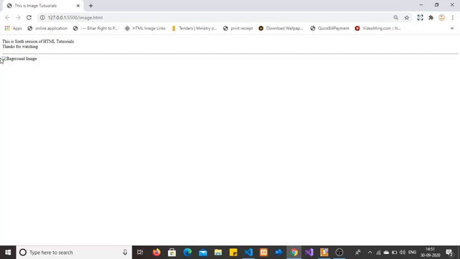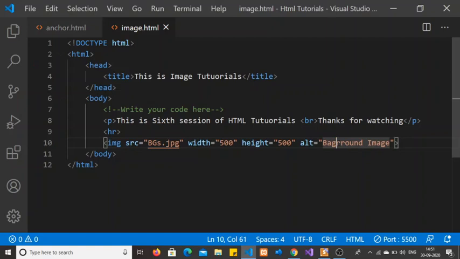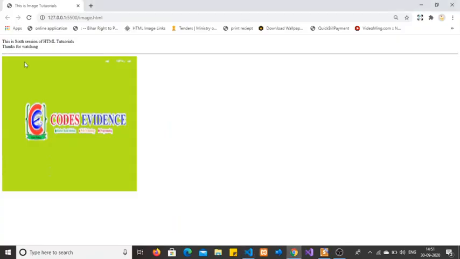Yeah, you may see here the image is missing, but this text is available to tell the browser this is the background image. I made some typing mistake in the file name. Let's update this image source so that we can get the correct image. As you may see here, I replaced the image name with the correct image name. So now the image is available, but the alternative text is not shown.